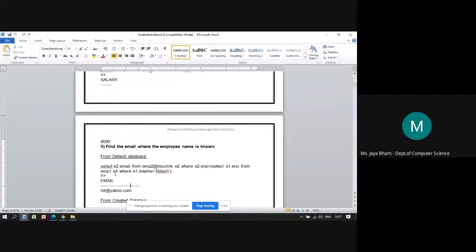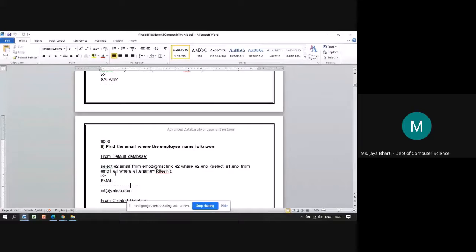Now for E2, the email attribute, in which table will you find it? The email attribute is there in the emp2 copy @MSC link. In that fragment, you will find the email attribute. So to get that attribute, they have written select e2.email.